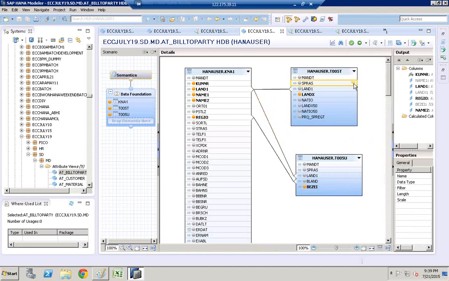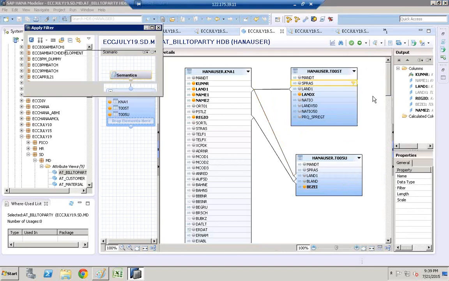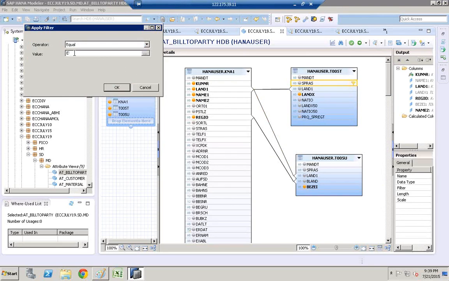Right click on the design time filter. Click edit filter. Instead of language English, just delete it and then select and type in $language$. When you type in $language$ and click OK,